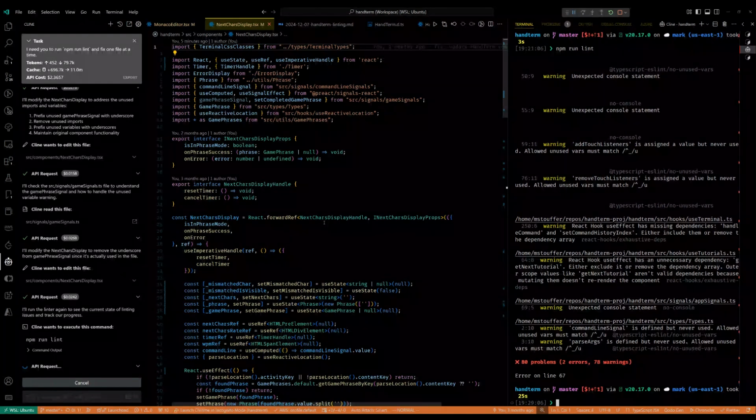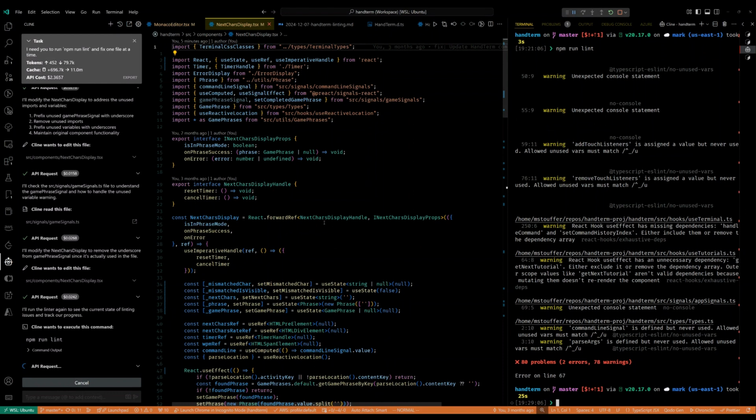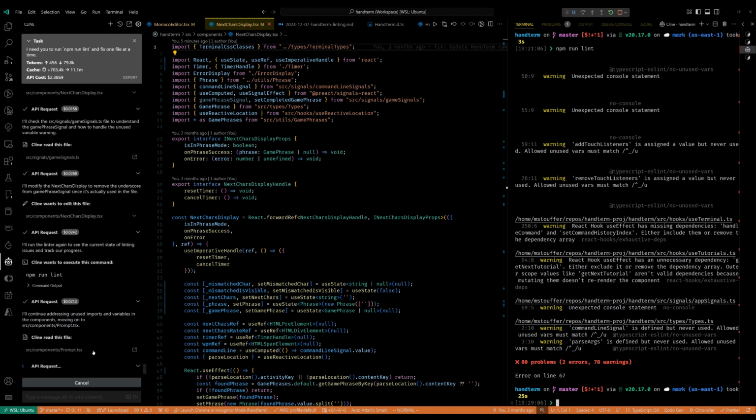So that definitely cost me cold hard cash in a non-trivial amount, because I'm basically underestimating when I say $50. So in any of these environments, Cline, Aider, Cursor, or the other one, Windsurf,